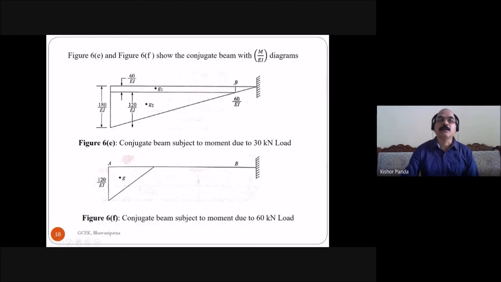So you have to find the bending moment here. These are the loading. This is a rectangle, 60 by EI, and this is 120 by EI, the total being 180 by EI. You have to find the area of this one, because you have to find the bending moment here. This one is 60 by EI and the length is 4 meter, so 60 by EI into 4. What is the CG distance? For a rectangle, the CG is at the middle: the total length is 4 meters, so the centroidal distance from B is 2 meter.